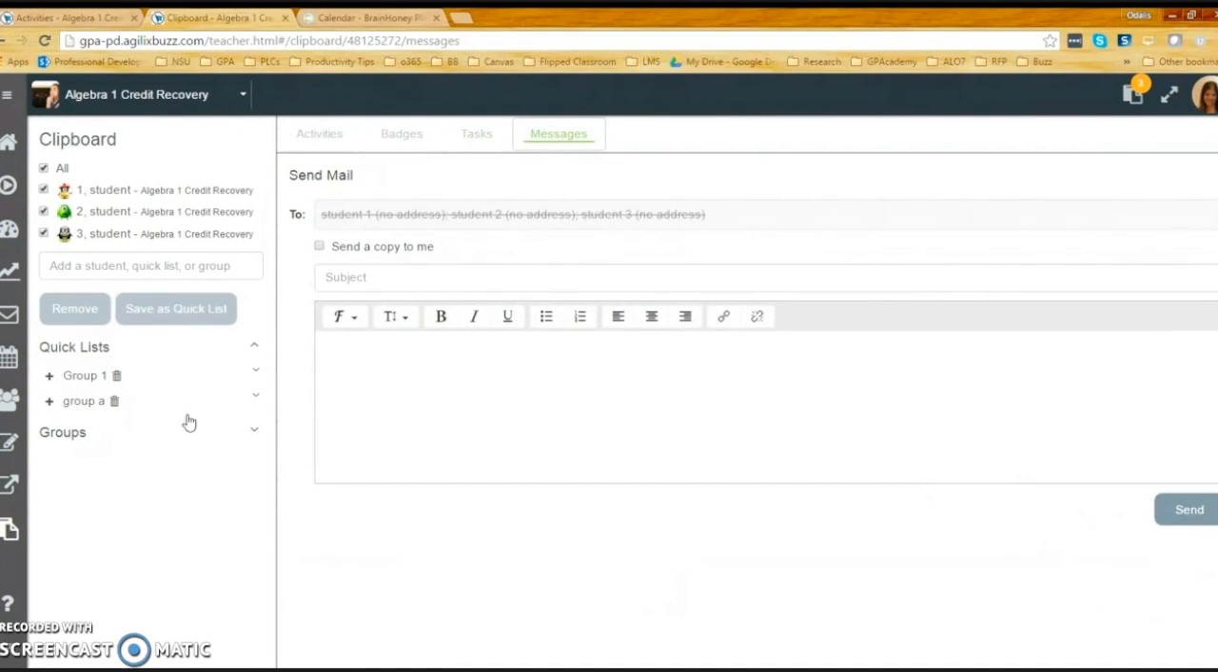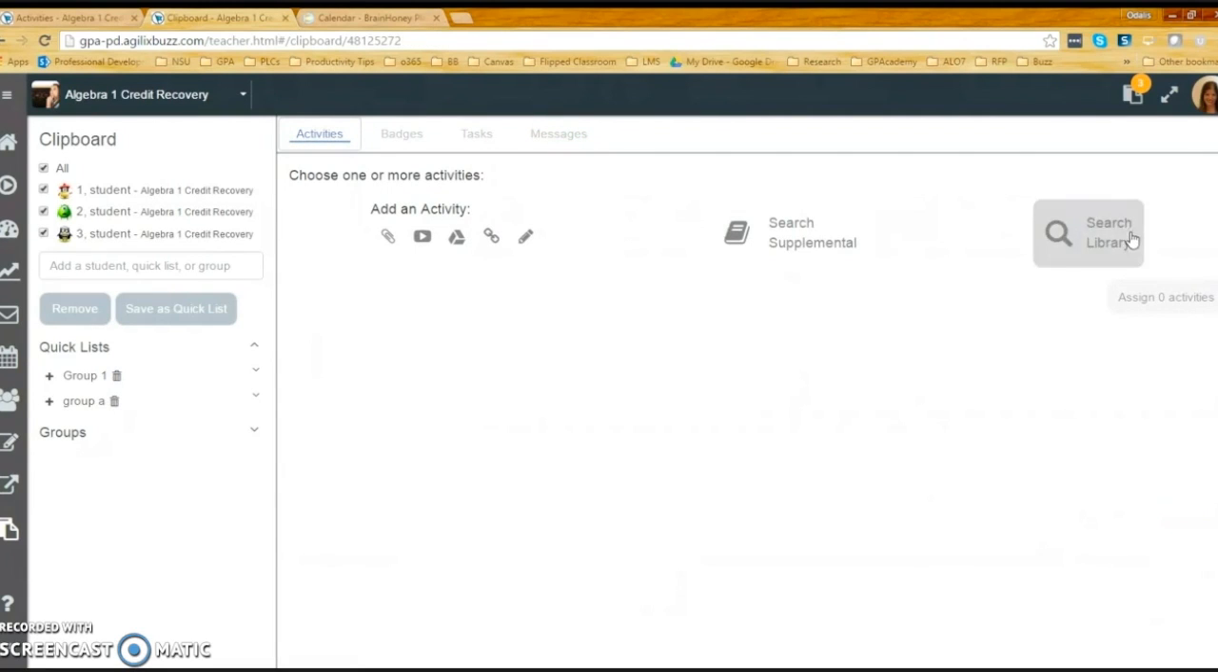So the clipboard is really where you can truly spend a lot of time customizing and sending things to the students per group, or you can leave them individual, but there's a lot of capabilities where you can add extra resources or extra links, and it doesn't have to necessarily be from the library. It could be from additional resources that the teacher may have as well. So I know I said a lot,